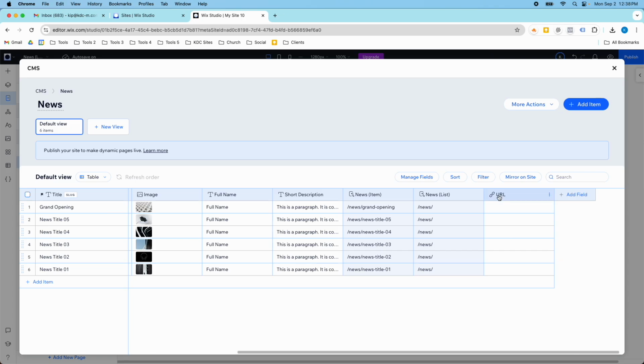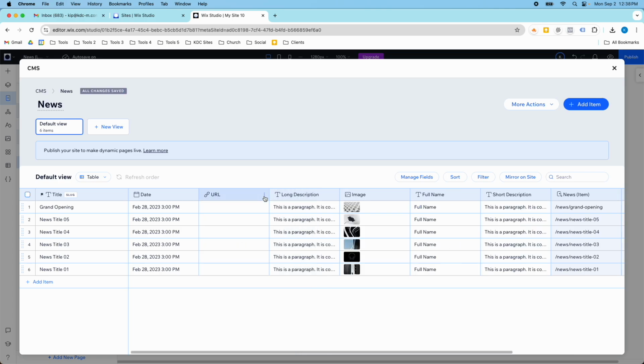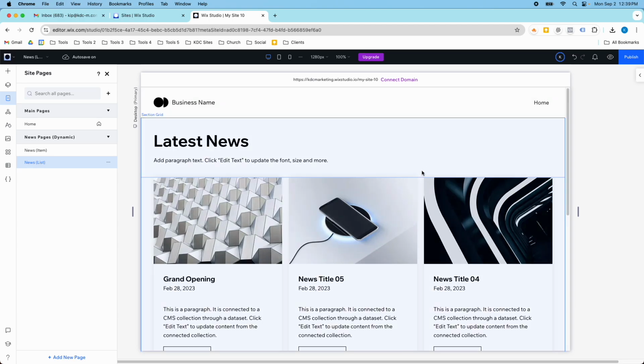You can see my URL field showed up over here. I can drag this wherever I want. So maybe in my table, maybe I want it here. And then I can add a URL in here and add a URL for each item. So let's go back to the front end for a second and see what happened once we created this CMS